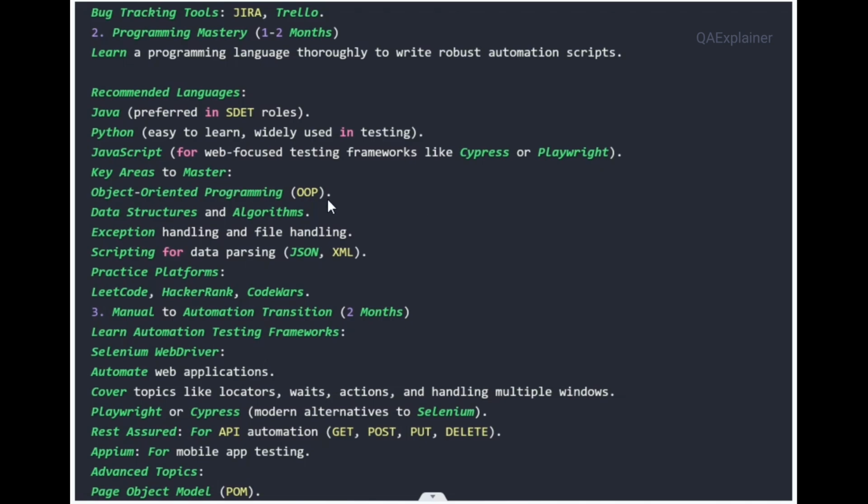Okay, key areas like OOPs concepts, that is the most important concept. In many interviews they will ask you regarding OOPs concepts: object oriented programming, encapsulation, inheritance, abstraction, and polymorphism. So many things are there in OOPs concepts. You have to understand the OOPs concepts,